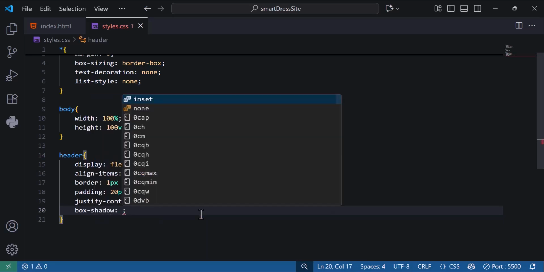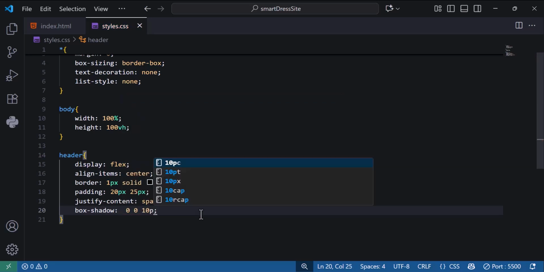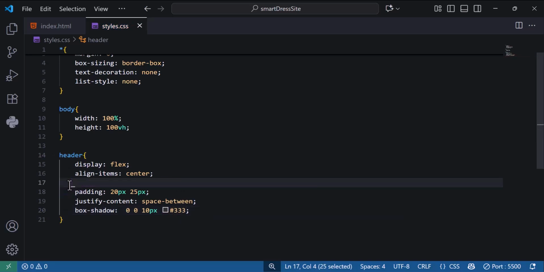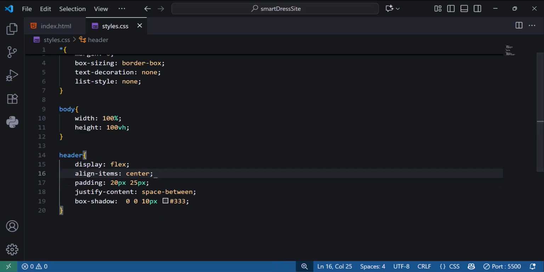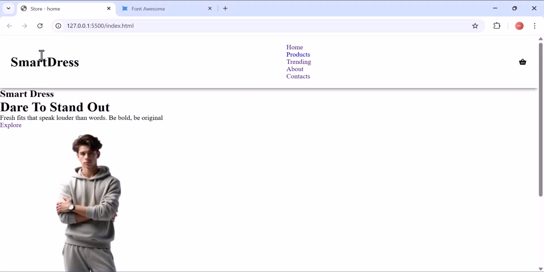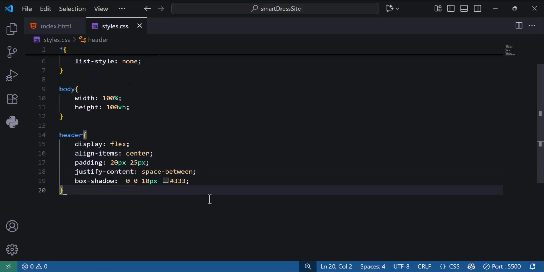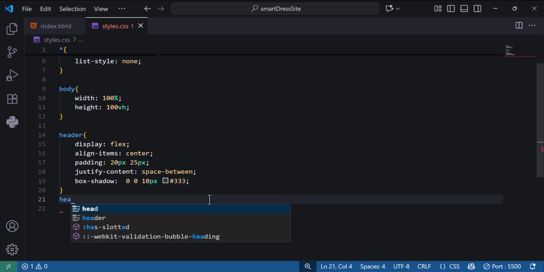and then I will say 0 0 10 pixels, and then hashtag 333 like that. And now we can remove the border and use the box shadow. I prefer the box shadow over the border. Now you see we have a shadow right here, and it looks really good. So what should we work on next? We're going to work on our h1. So we can say header